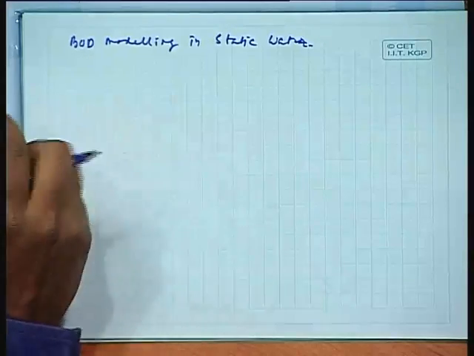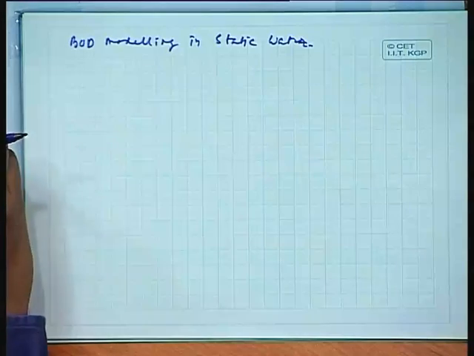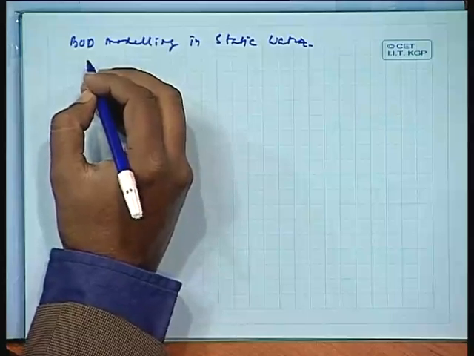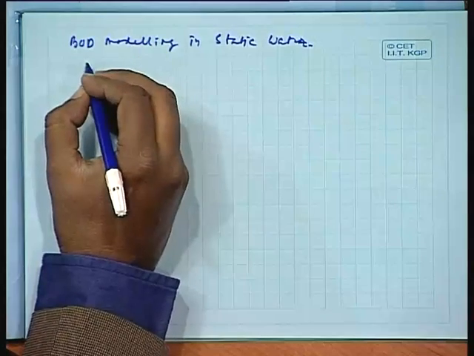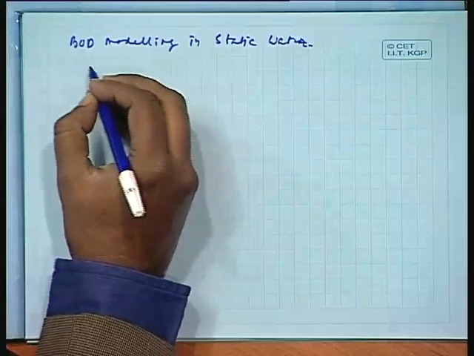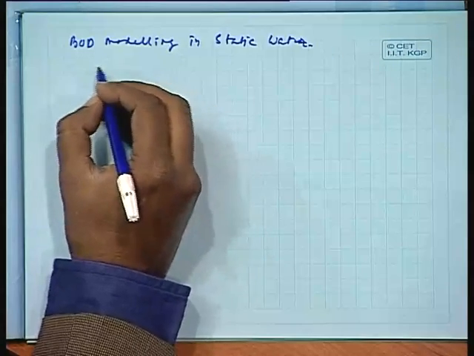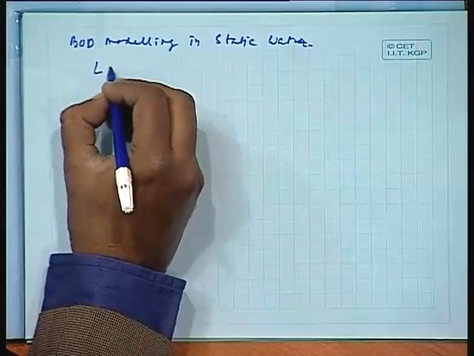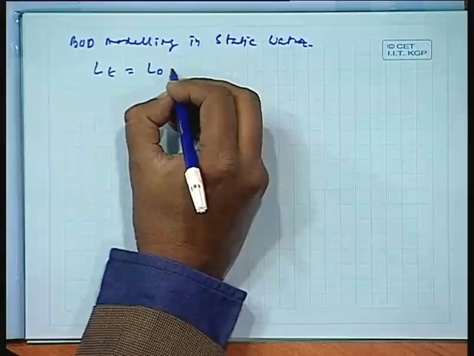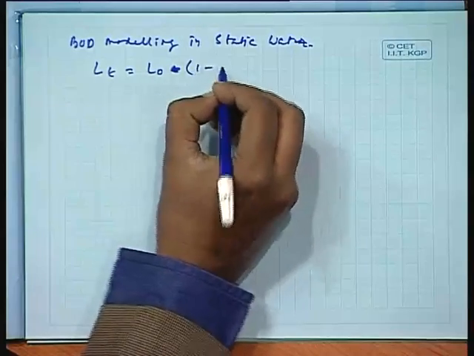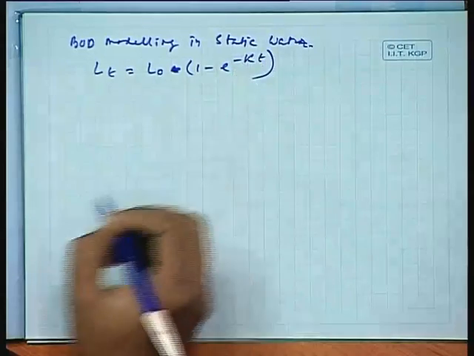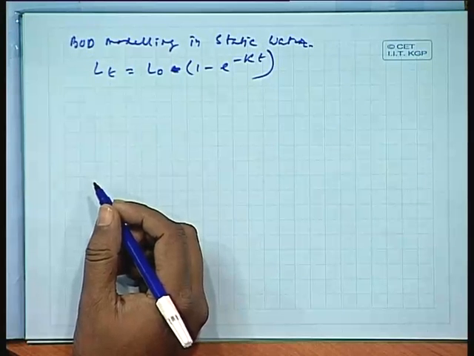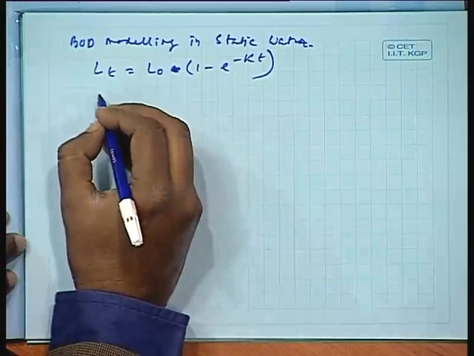Remember, whatever we discussed yesterday relates to BOD modeling in static water. Those of you who could not hear this lecture, please read them in the video course as such. Lastly, we have also found a relationship: L0 into 1 minus e to the power minus kt, which shows what is the